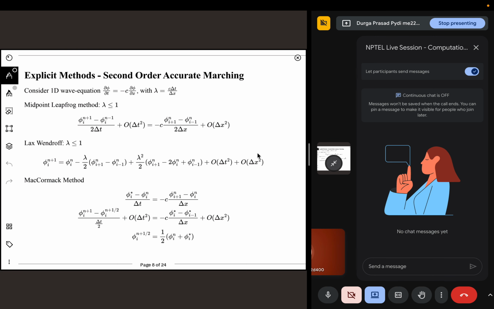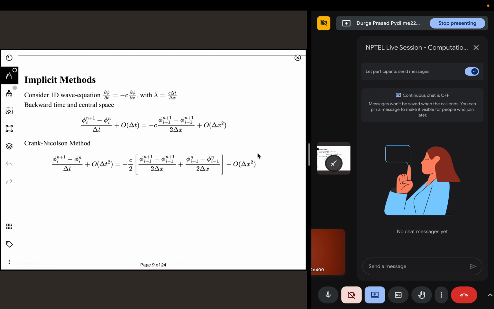So in implicit methods, let's go to implicit first. This is very similar to what we did for parabolic equations. We use a backward time and central space. The only difference is that for the advection term, we will use the coordinates at n plus 1 time. So now what will happen is, if I were to write this,